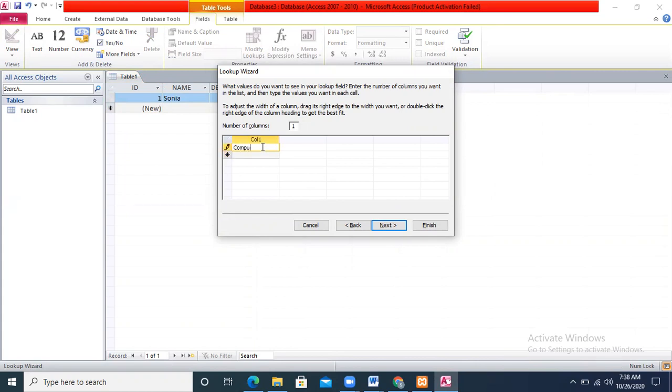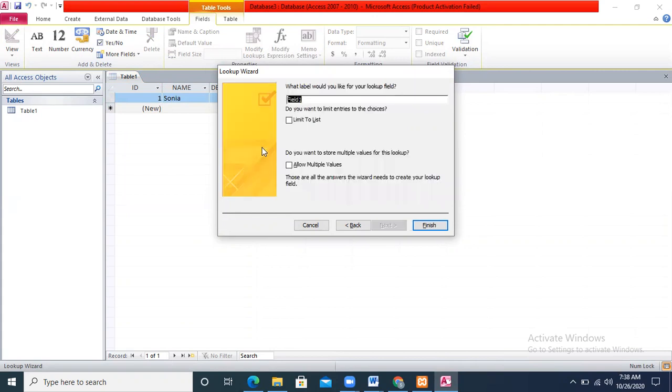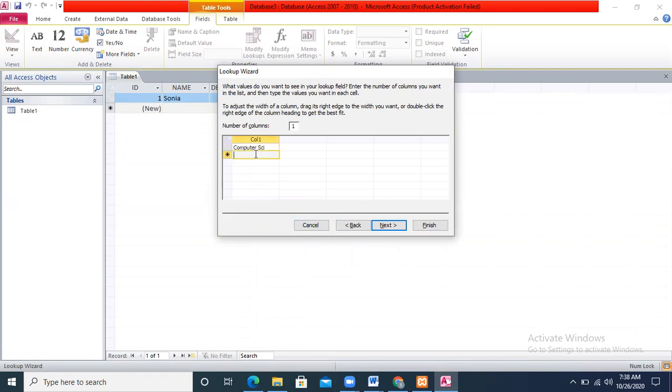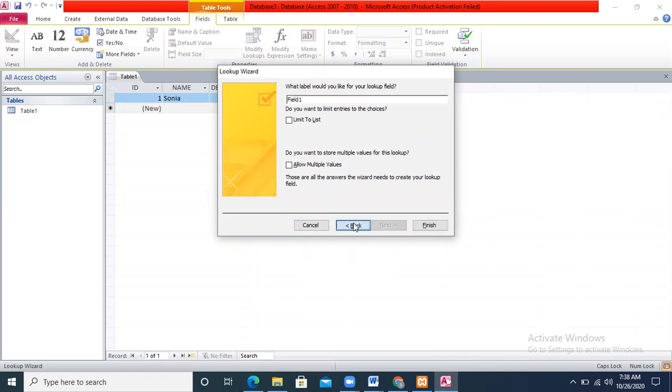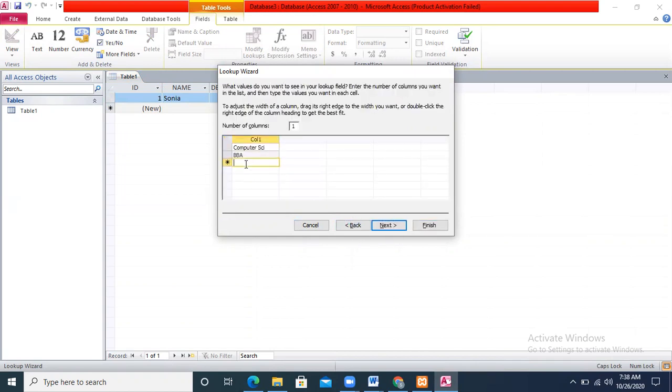For example, computer science, BBA, BCom, and BS English.